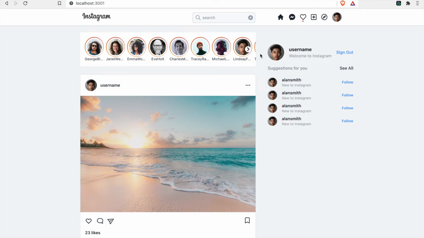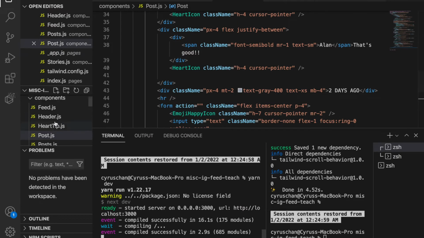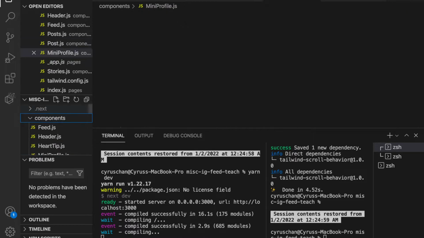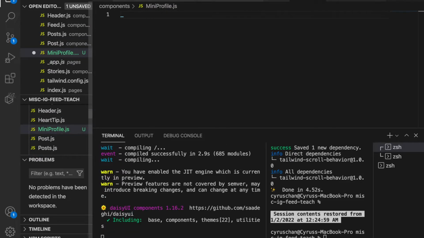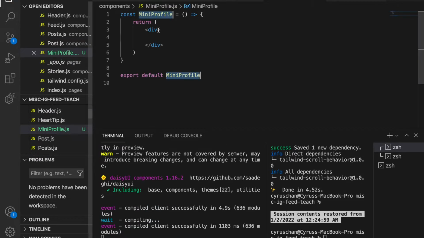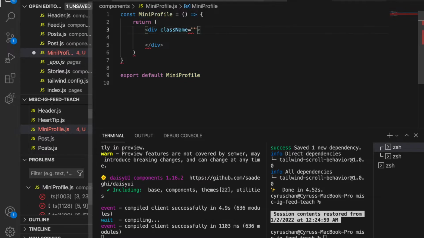Now we are going to create this mini profile. So we go back to the project, and under the components we add another file called miniprofile.js, and then we type rafce, and then we add the class name with flex and items-center,